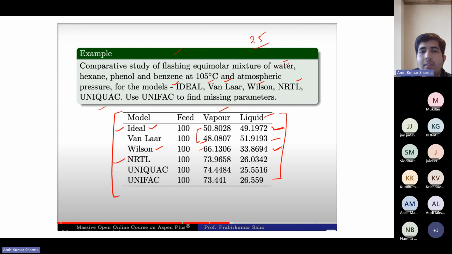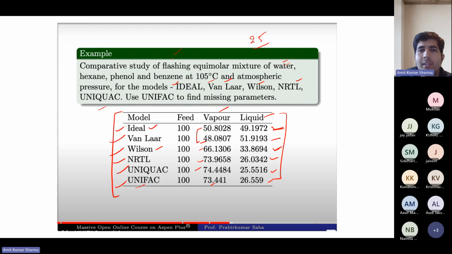If you use NRTL, then 73 and 26, again a huge difference from Ideal. UNIQUAC gives 74 and 25. UNIFAC gives 73.44 and 26.559. The point of showing you this comparison is that the selection of model based on the components is very important, and also what kind of process you are choosing for your components.